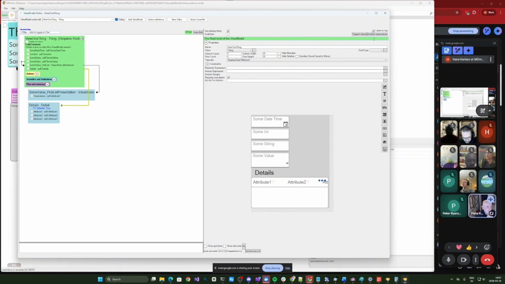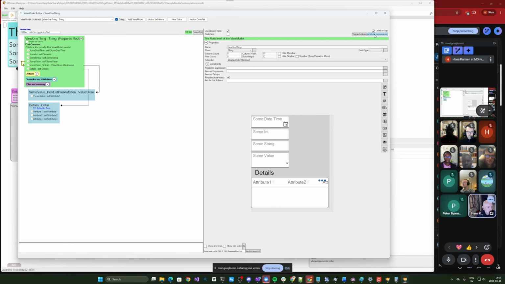So this analyze expressions is good for that sort of thing, because it instantly loops through everything, in this case in one view model, and analyzes all the expressions to bring out the combined details of the model that is addressed